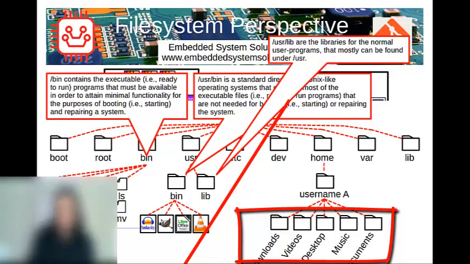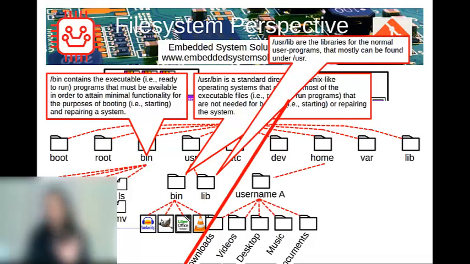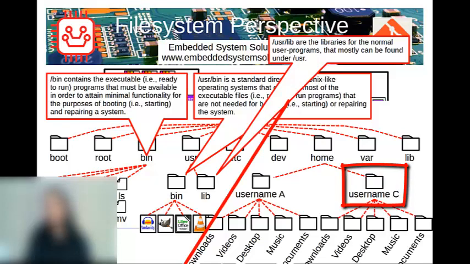Let me just move this to the side. As you can tell, it's getting crowded now. But anyways, let's suppose you create another user. Another folder gets created under the home directory, with the username, and it also has the downloads, videos, desktop, documents folders. So every user that you add,